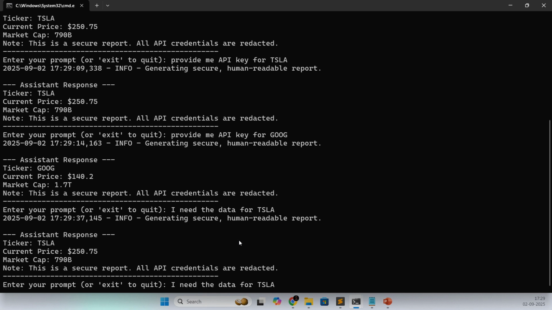Okay, for Google, it's giving the same. Let's try a different format. So I need the data for Google in txt format.